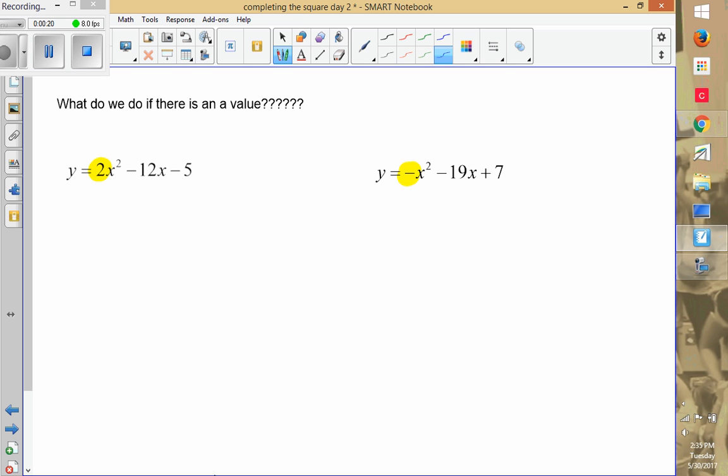So what we want to do is keep in mind that we're actually only going to make the square out of the first 2 terms. So we're going to actually forget that the plus c happens at the end. We're just going to ignore it right now, put it at the end, and don't bother it. Now, whatever this value is in front of the x squared is what needs to happen. You can only complete the square